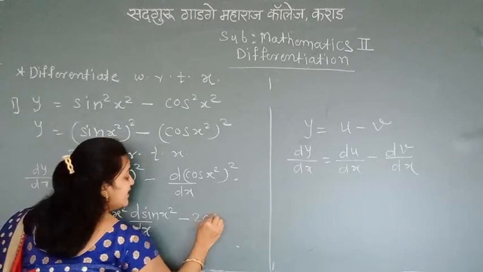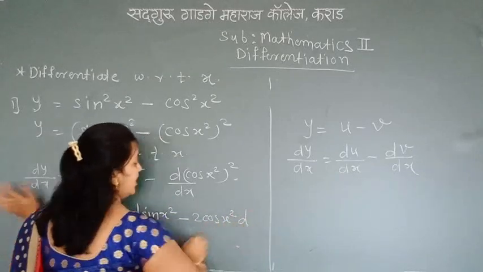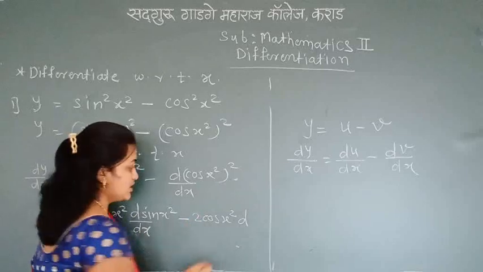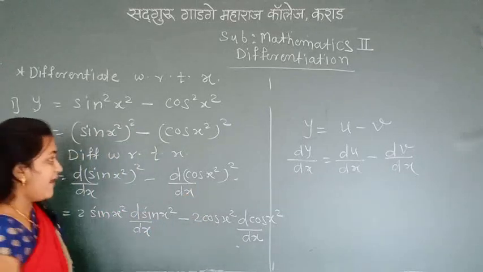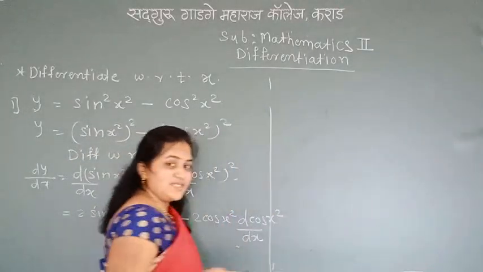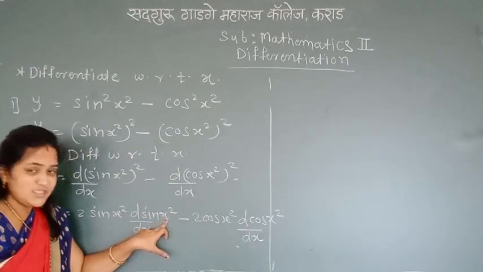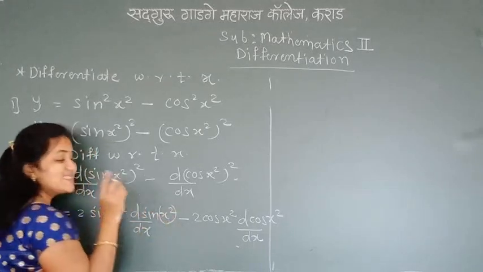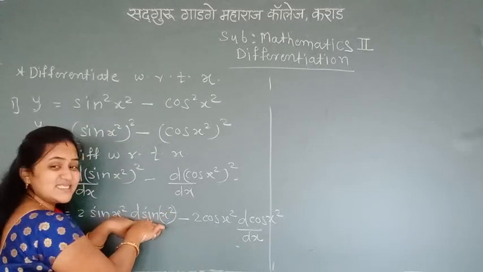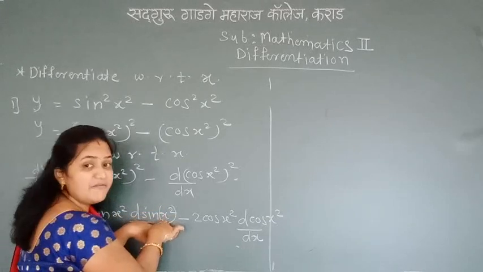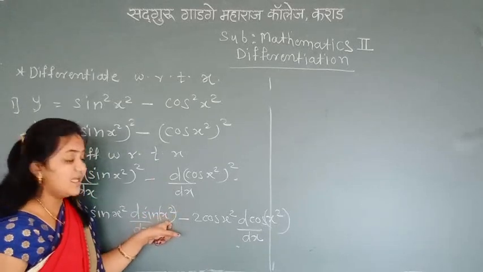2 cos x square, n minus 1 means 2 minus 1 is 1, and again find the derivative of sub function which is cos x square. So here cos x square with respect to x. Now again we find the derivative of sin x square and cos x square. This is a standard function or composite function? This is a composite function because your standard function is sin x and here sin x square. So again sin is your standard function and composite means sub function is x square. So we can first find the derivative of sin and again find the derivative of x square.